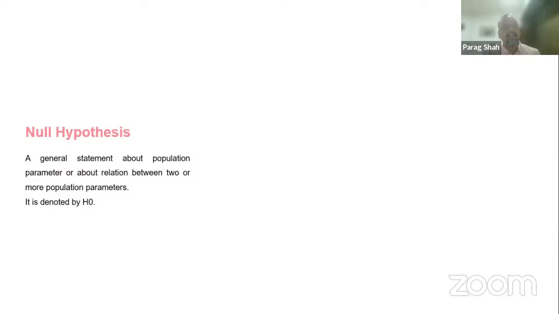Okay. Null hypothesis is nothing else but a statement about the population parameter. What was the statement we made? That the population of India, out of that, 10% will be diabetic. This is a statement about what? The population parameter. Or if I want to compare, say, Tamil Nadu